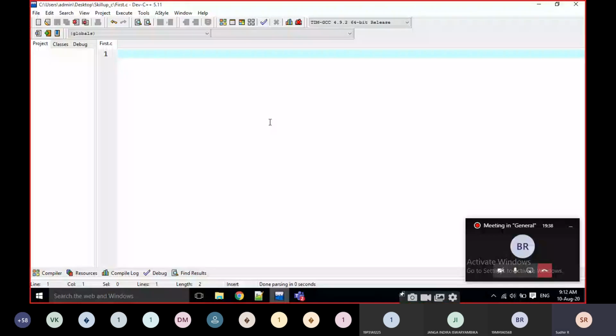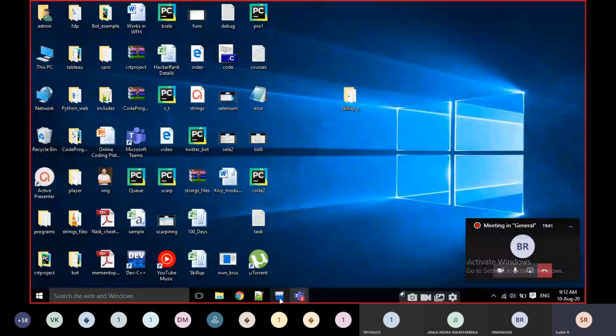Right. Now, what is the basic structure of a C program? Note down, everyone.